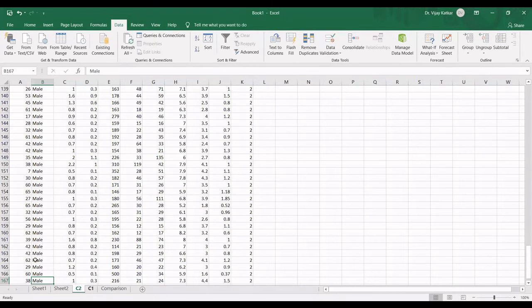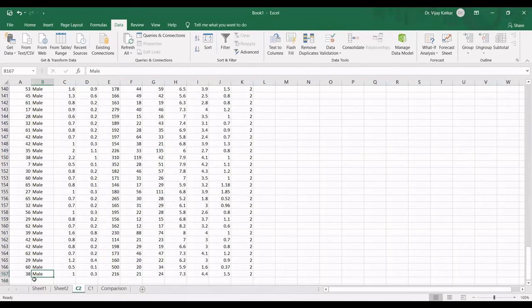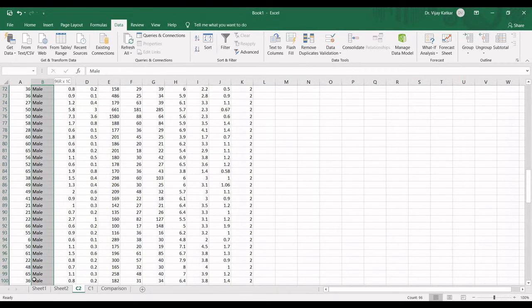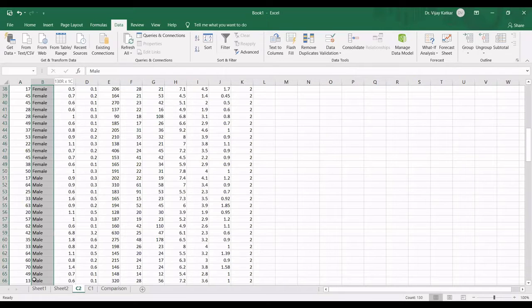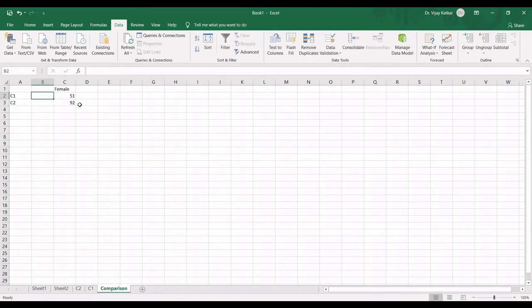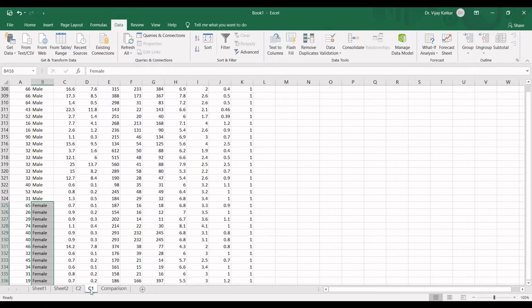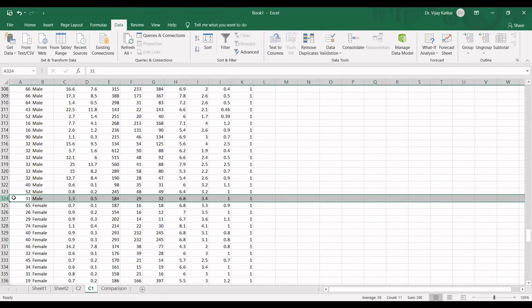When it comes to male, in class 2 there are 117 records belonging to the male category, and in class 1 there are 324 records.